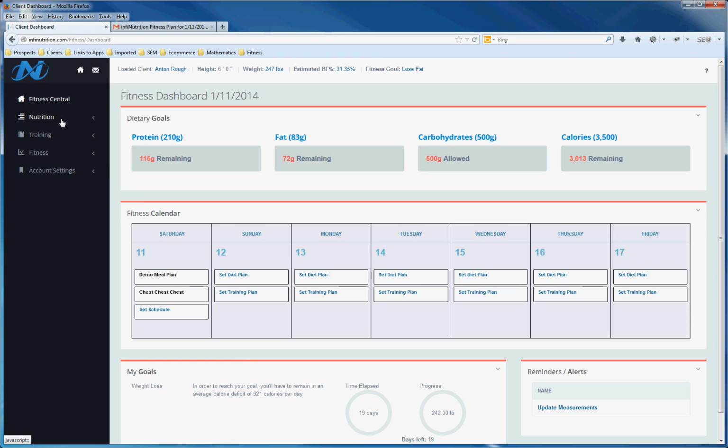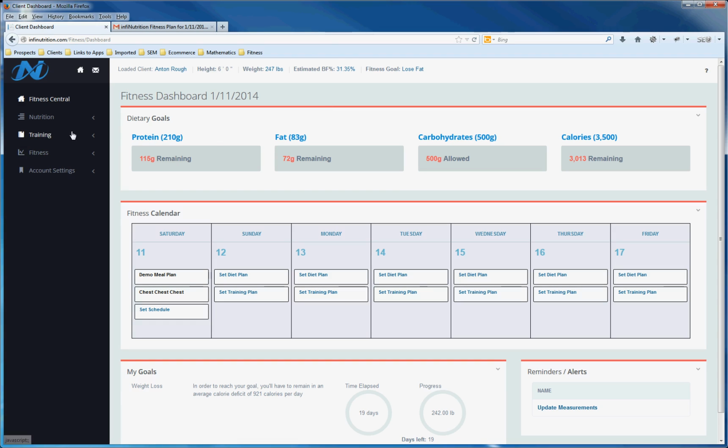Now, if you enter a goal with a time frame which is detrimental or computed to be detrimental anyway, it's going to alert you. A lot of systems will just say don't lose more than 2 pounds per week, or don't gain more than 1 pound per week. But somebody who's 6 foot and 31% body fat is going to be able to lose fat a lot quicker than someone who's 5'2" and 115 pounds. So it's not some general